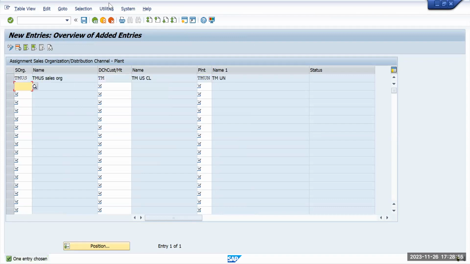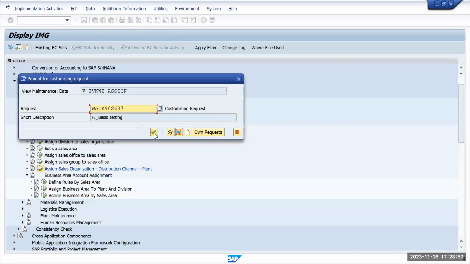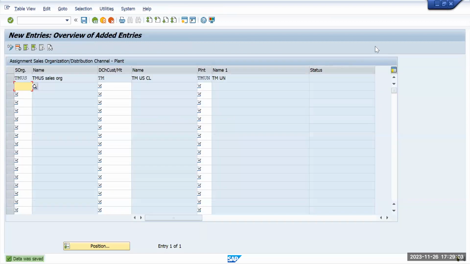So we have assigned our sales organization to the plant. This is how we have assigned the sales organization distribution channel to the plant. So after this, the next step will be